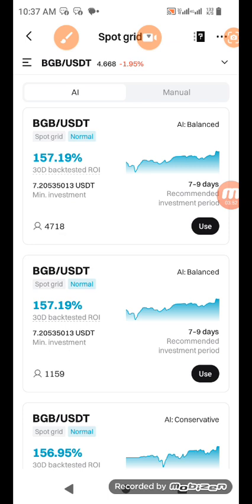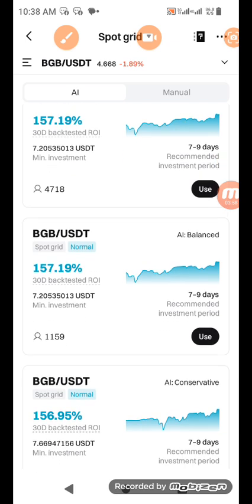Again, when you look at the balance, it's kind of in-between. Conservative is the lowest risk AI trading bot, but the truth is that in the course of time, it may not trade so much for you. I explained it in our previous video. If you want that video, you can go look at it. I may drop it, let me know through the comment box. You'll be able to understand how these things work.